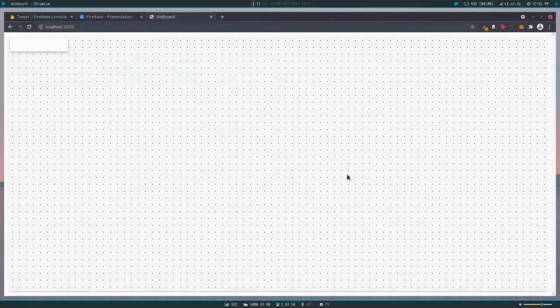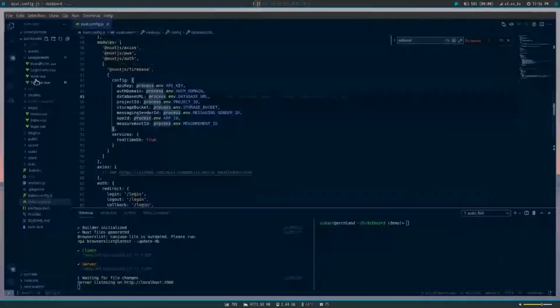Okay, so as you can see, there's not a lot going on. We just have a blank toolbar, a blank canvas, and a toolbar that has no functionality. So first, we're going to start by making sure that when we press this button, we actually get something. So the first function we're going to write is in our toolbar.